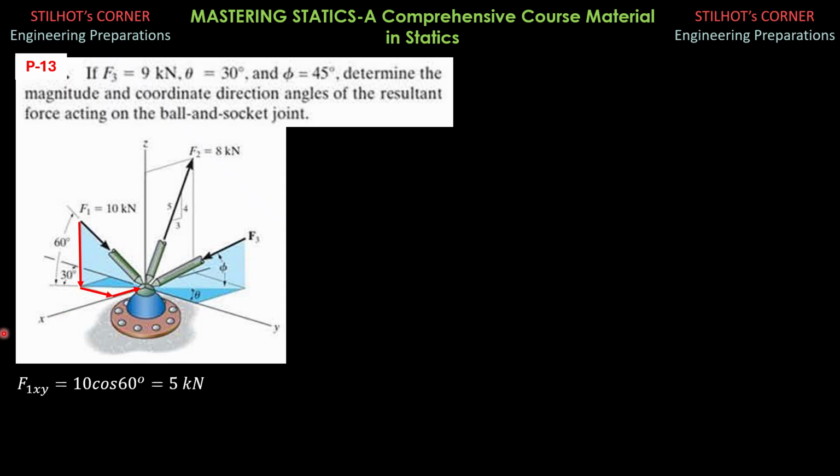This is the positive x-axis and the component is going in the opposite direction. Take note that the hypotenuse of this right triangle is 5 kilonewtons. And the angle here is 30 degrees, that angle there 30 degrees. And this component is also equal to this component here, which is opposite of 30 and negative. So it is equal to negative 5 sine of 30 because it is opposite. This component here is that component.